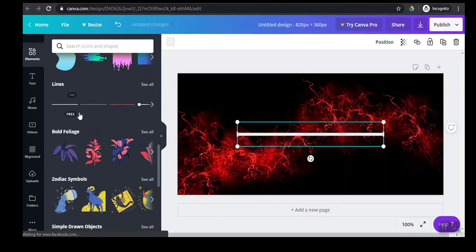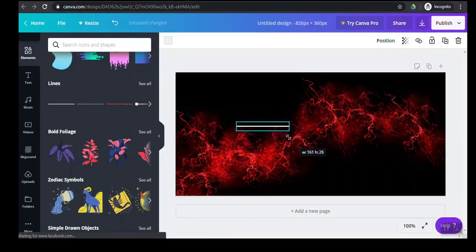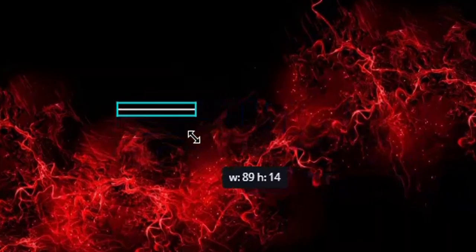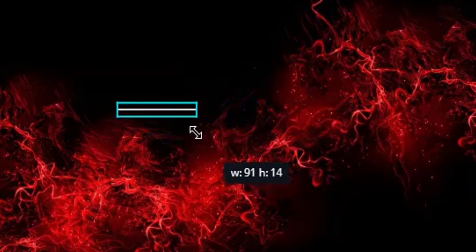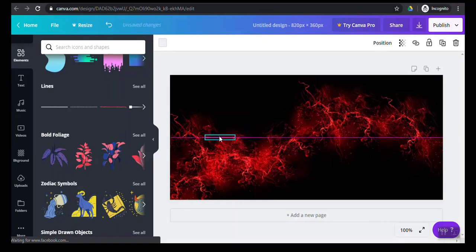You can select this line. You can drag it by clicking on the edges till you get a width of 90 or approximately 90. Here you see it's 89. Okay, we will keep this 90. It's 90. So now just drag this to the left.